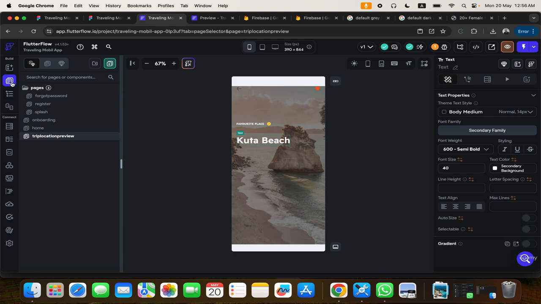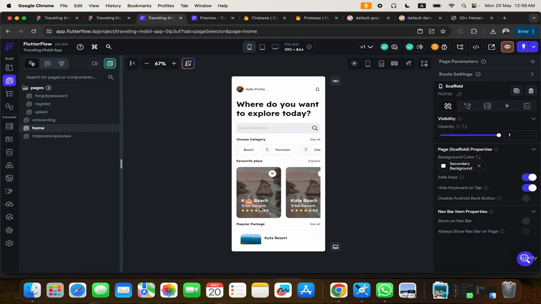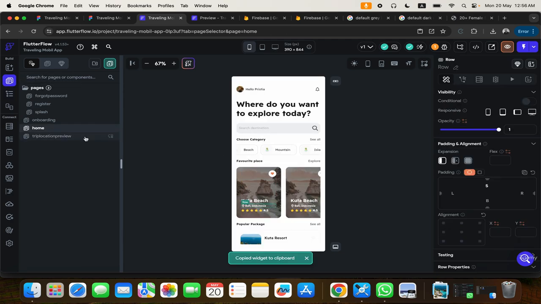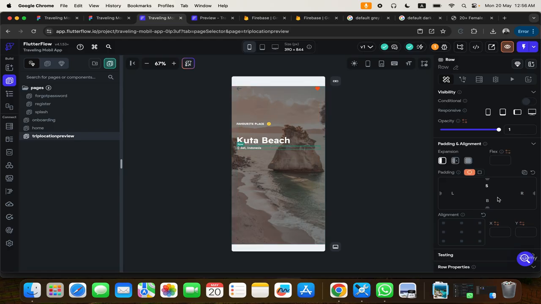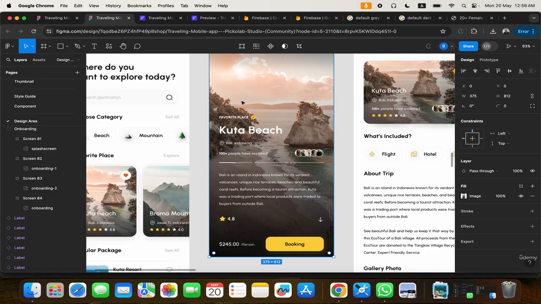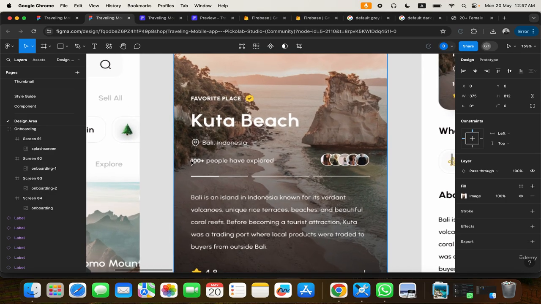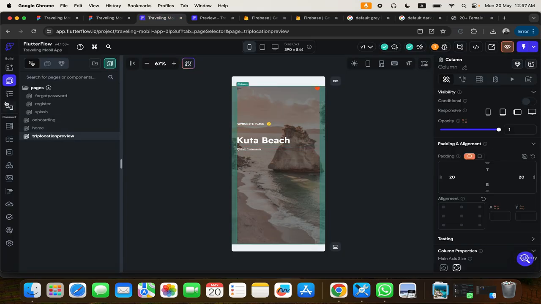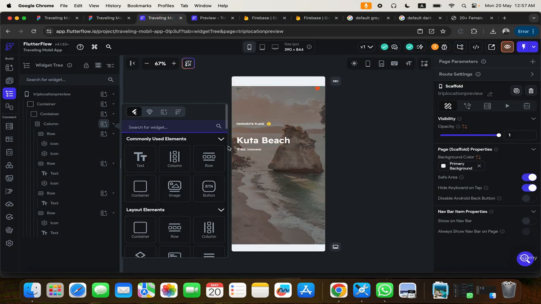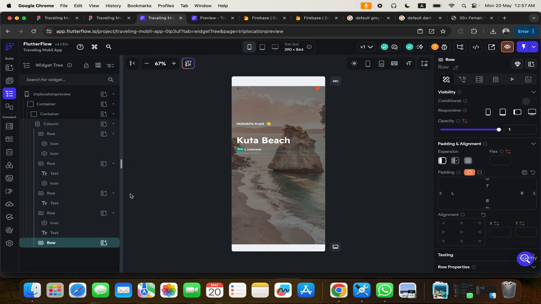Let's go back to where we had home, and let's just copy this row and come here to trip location preview and paste it. There's no crime in reusing components. So here I can just increase this to 12, and now we're going to go ahead and say 100 people have explored. Okay, so we'll just click here, go to widget tree and add a row. In the row add,